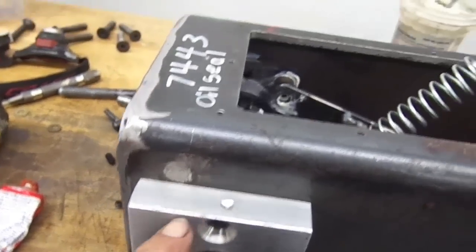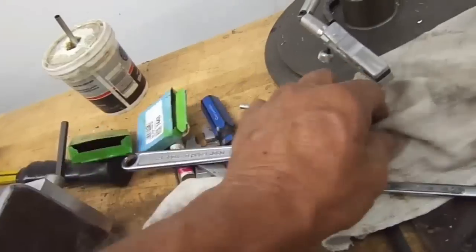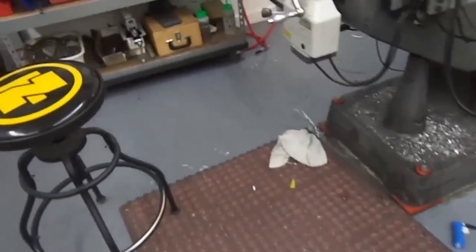This other piece like this goes over here. The hole for the seal is not ready, not bored out. This here is not bored out big enough, the right size. I don't have the right tool. I would like to use this thing right here. But